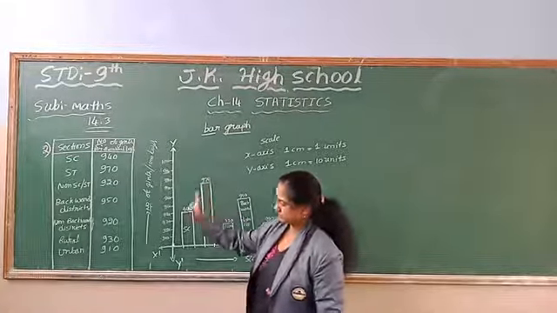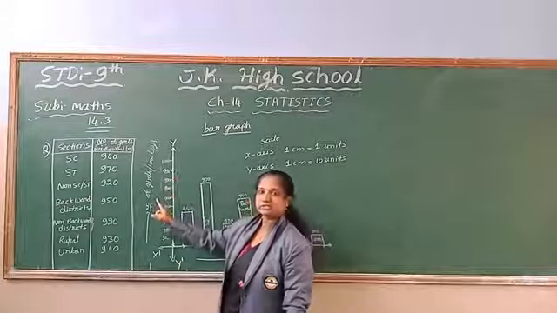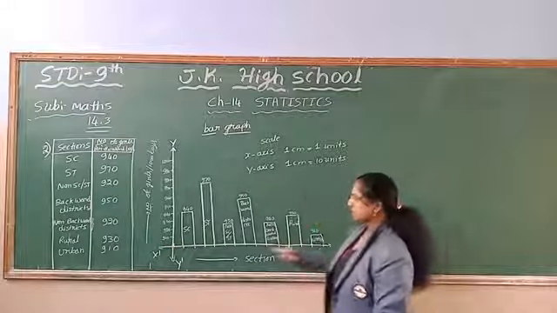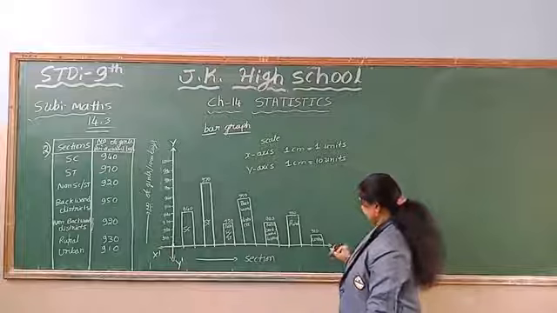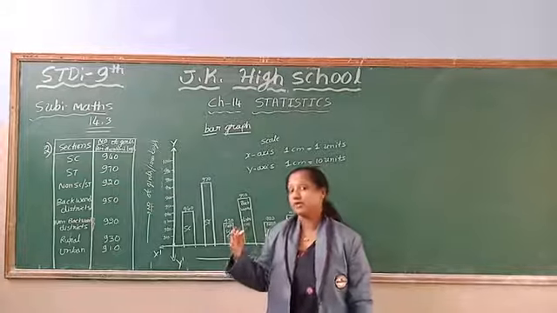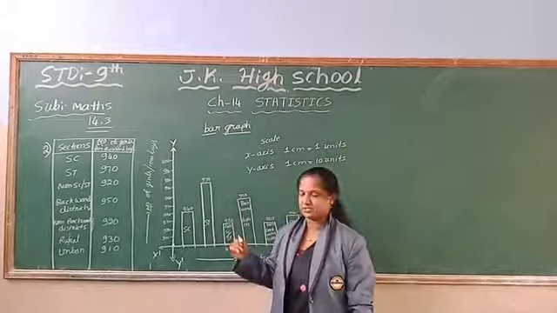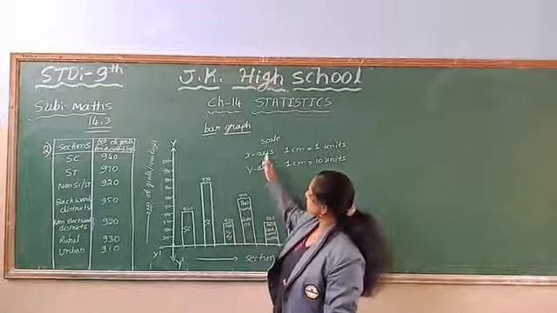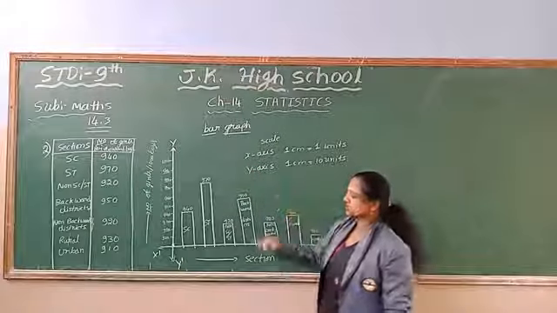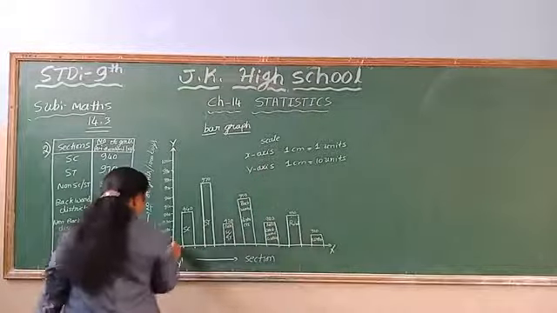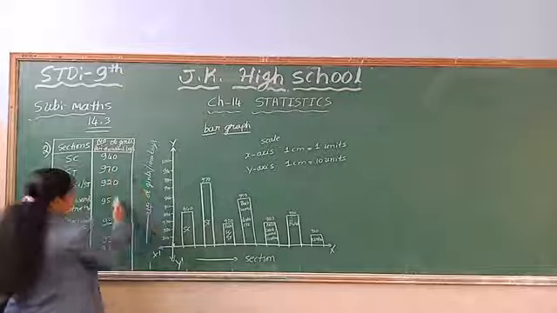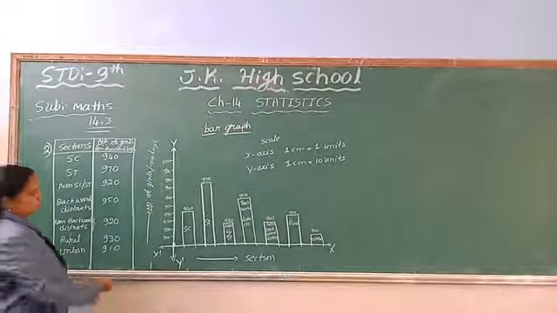So now we have to answer the question. Sections and number of girls per 1000 boys. I have to take all the sections on the x-axis. In the graph sheet, this is the x-axis, x dash x, and y dash y. You have to plot the bar graph on the graph sheet. Take the scale on the x-axis as 1 cm equal to 1 unit, and on the y-axis 1 cm equal to 10 units. You mark it this way, after 9, 10, 9, 20, because of the number of girls per 1000 boys, you have to take this key.